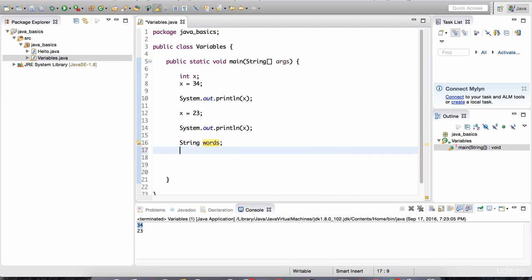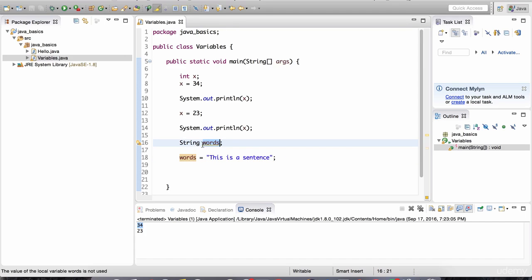Now only strings can go into words. I cannot give, for example, the number 20 because guess what? This is actually not a string. Hover your mouse here and it's saying type mismatch, cannot convert int to string. So the only kind of data that can go into words is stuff that has double quotes around it. For example, this is a sentence. If you have stuff like this, that's the only kind of data that can go into a variable of type